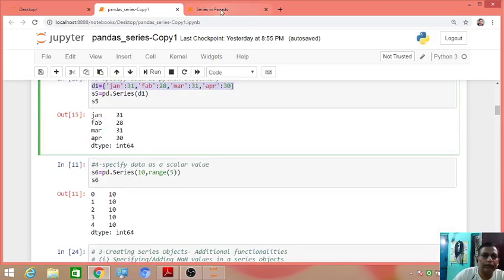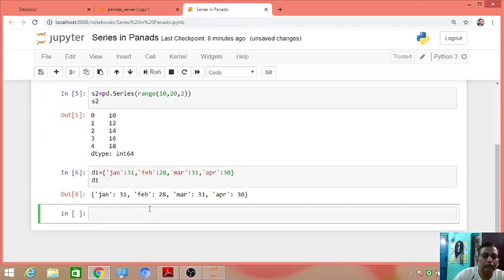Just write S3 as our series object equal to pd dot Series, S will be capital, and in brackets you give the dictionary d1.